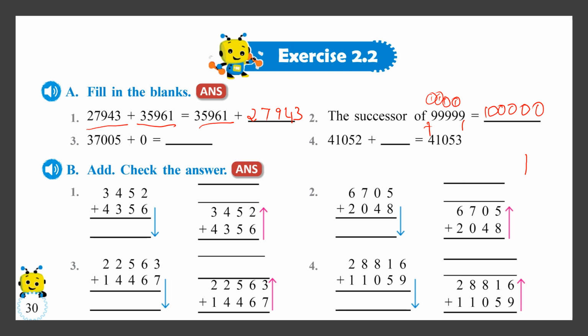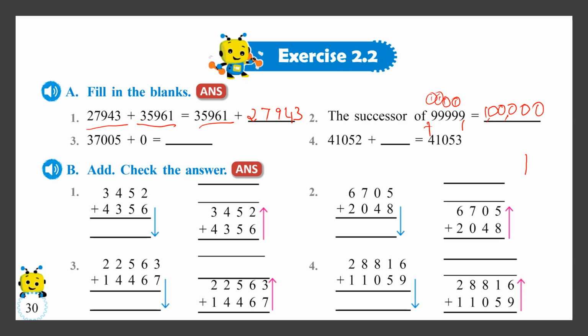This is the successor of 99,999. What number are we getting here? How can we read this number? It is 1 lakh. The next number after 99,999 is 1 lakh. That is the successor also. The third question is